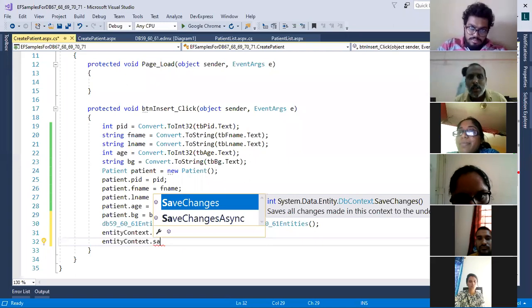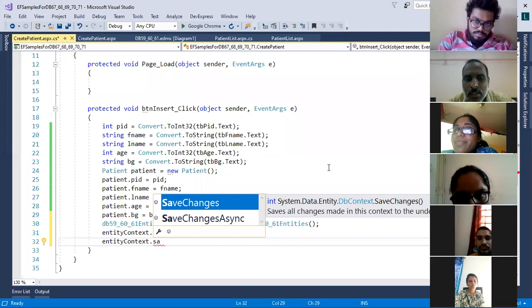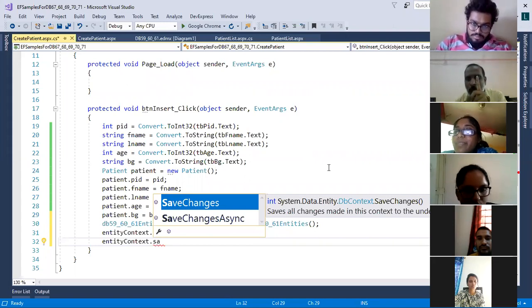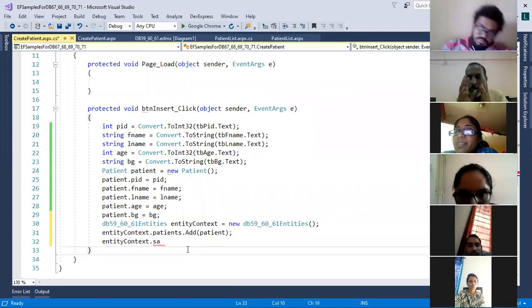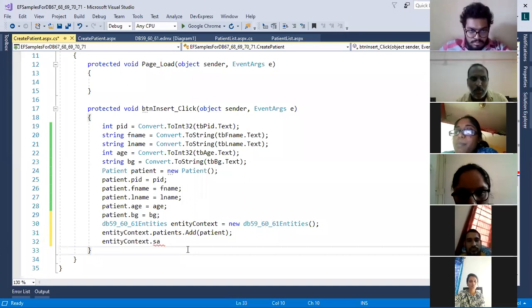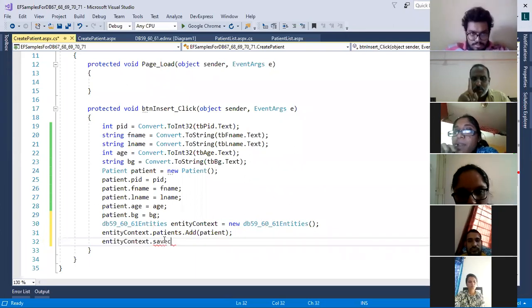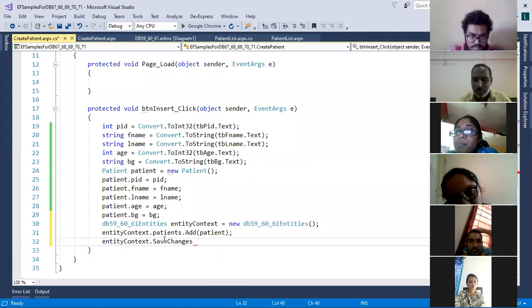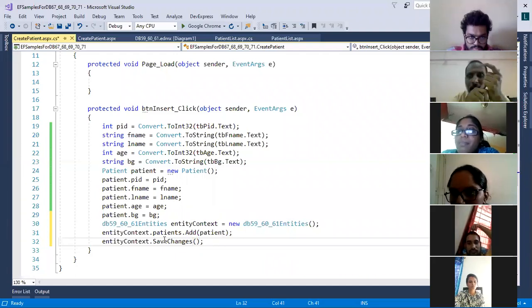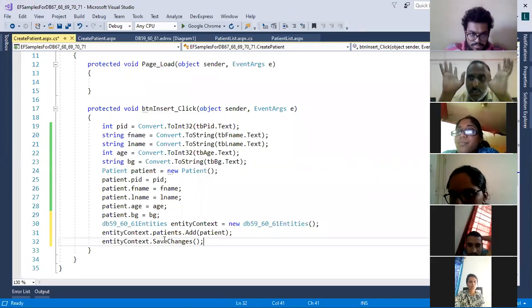Okay. Now tell me, what are the ExecuteNonQuery, ExecuteScalar, and ExecuteReader methods? These are the important methods. But here there is only one method. If you want to make any changes in the database, only one method: SaveChanges. That's all. Simple. Whether it is insert, update, delete or whatever it is, it is SaveChanges. Whenever you want to make changes in the database table, use SaveChanges.